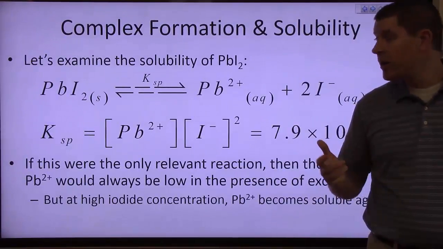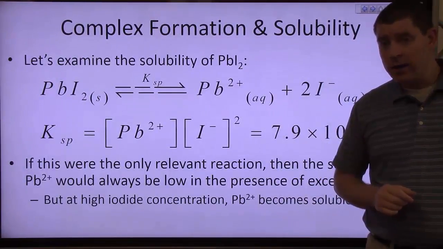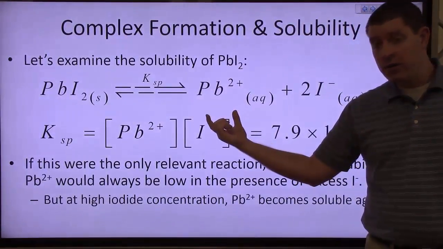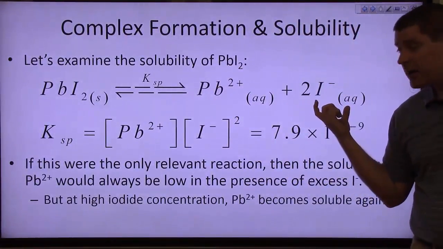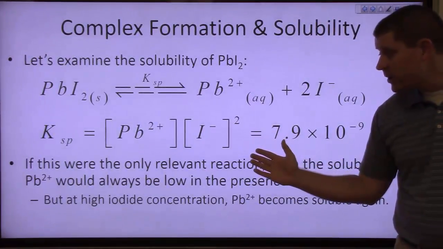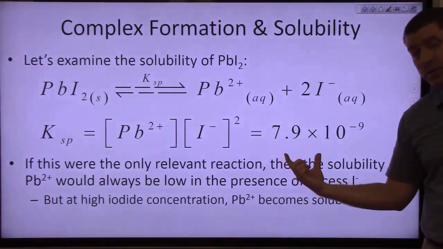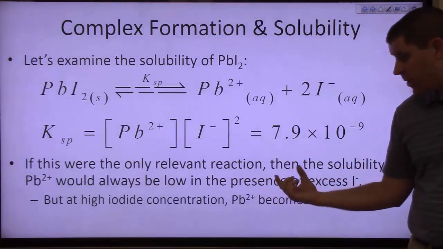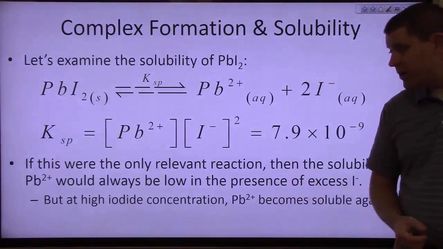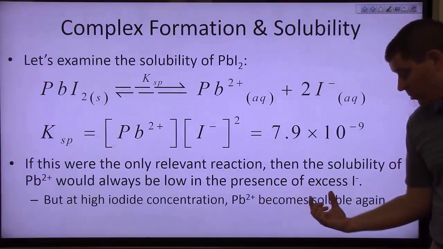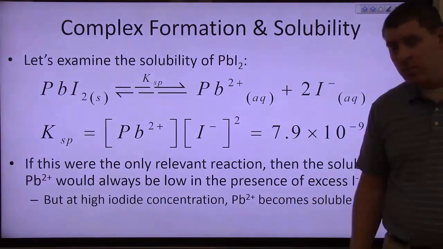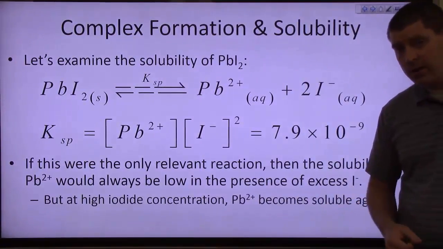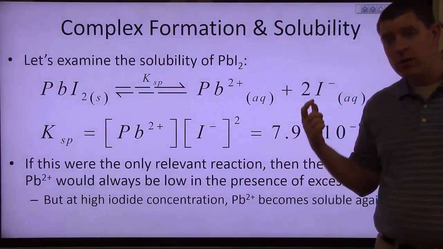Now let's examine the solubility of lead-2 iodide. So we've got our lead-2 iodide solid dissolving to give us lead-2 and 2 iodide ions. We've got our Ksp expression here, and the value of Ksp is equal to 7.9 times 10 to the minus 9. Now, if this were the only relevant reaction, then the solubility of lead-2 would always be low in the presence of excess iodide. But at high iodide concentration, the lead-2 becomes soluble again, because it's starting to form these